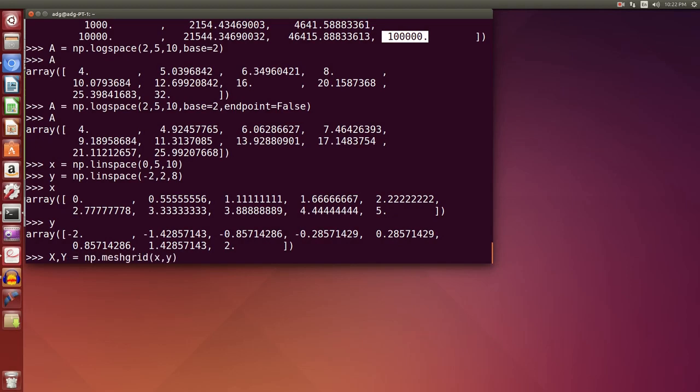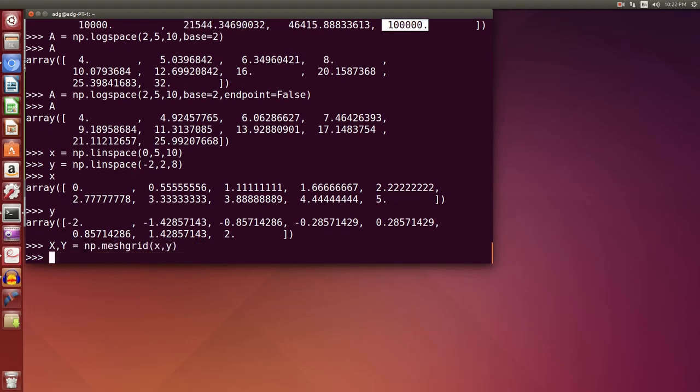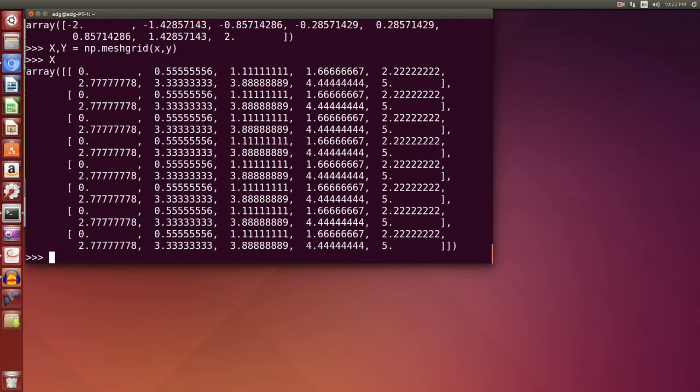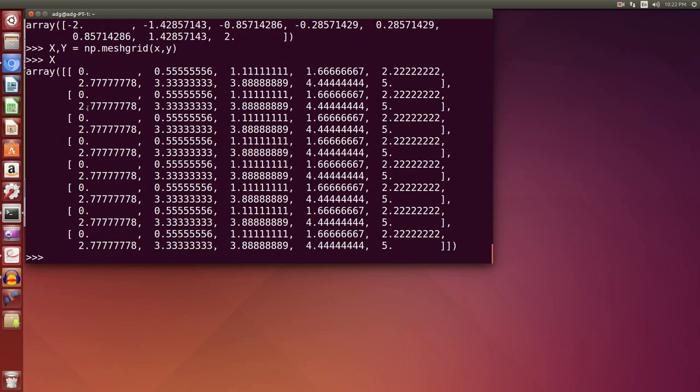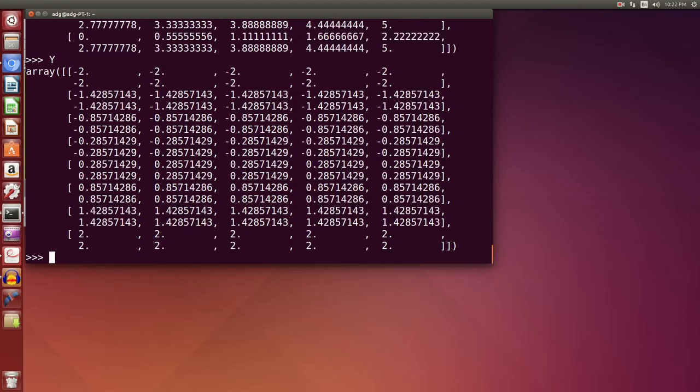I unpack that into the two arrays x and y, and now notice x has these values which are basically the same array that you had in small x, but repeated 8 times, 1, 2, 3, 4, 5, 6, 7, 8. As many times as there are y's, and y on the other hand, the same array